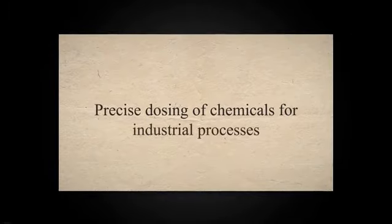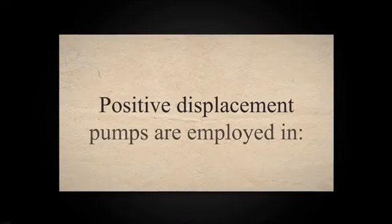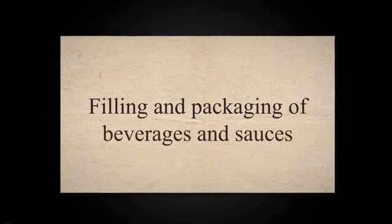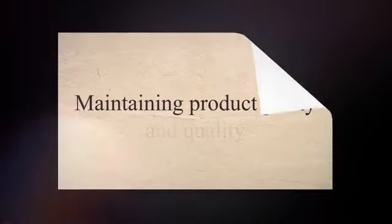These pumps handle transfer and mixing of chemicals, precise dosing of chemicals for industrial processes, and handling corrosive and abrasive chemicals. Positive displacement pumps are employed in food processing for transferring ingredients, filling and packaging of beverages and sauces, and accurate dosing of flavorings and additives. They are used for handling sensitive pharmaceutical compounds, precise dosing for drug formulation, maintaining product purity